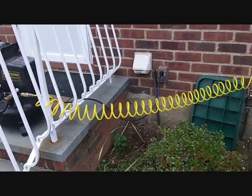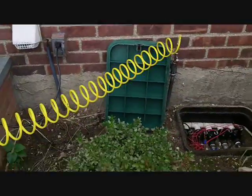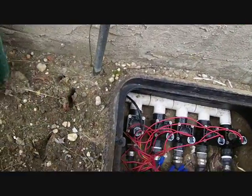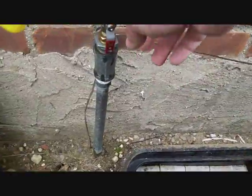Hey guys, today I'm going to show you how to drain the water from your sprinkler system. Here's my cover with all the valves in there. Here's my water feeding pipe. That's the pipe that feeds water to the sprinkler system. It had a cap on it,